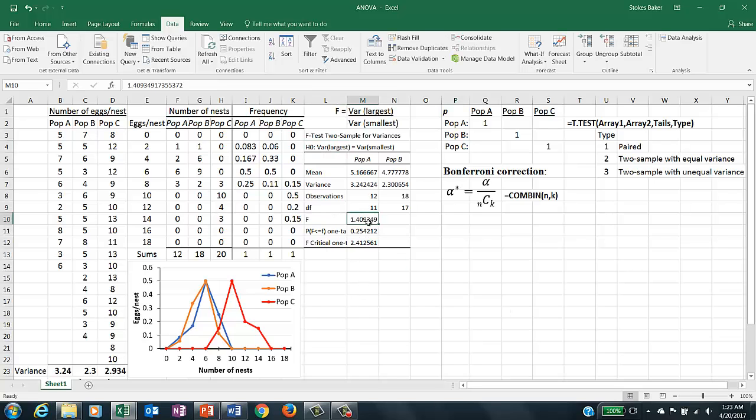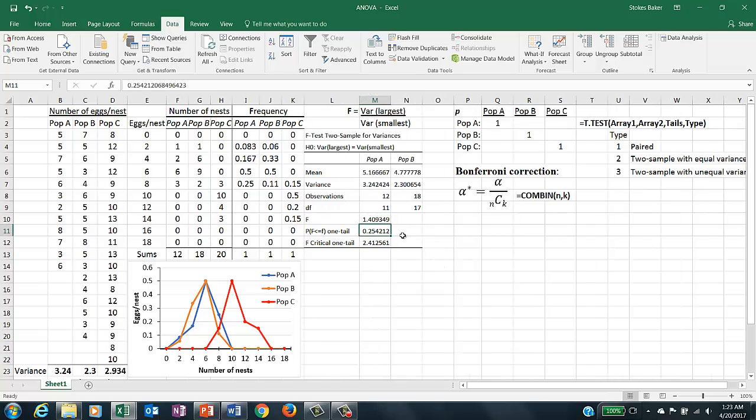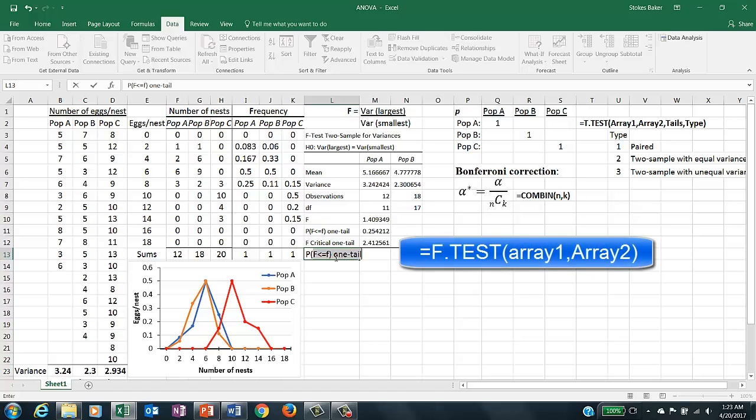Here is our calculated value F, which is created by using that equation. And Excel does, as a default, a one-tailed test for that, but we wrote the null hypothesis as a two-tailed test. So to get P two-tail, we can use the command F.TEST,